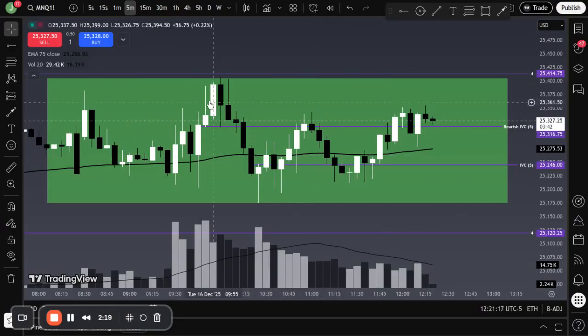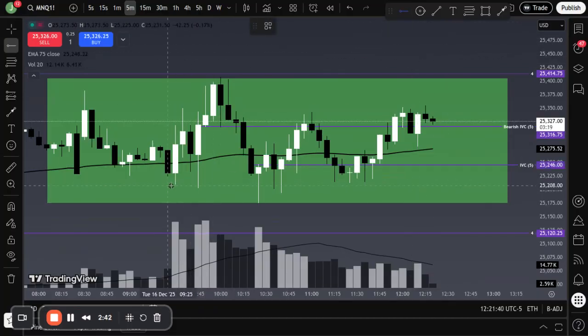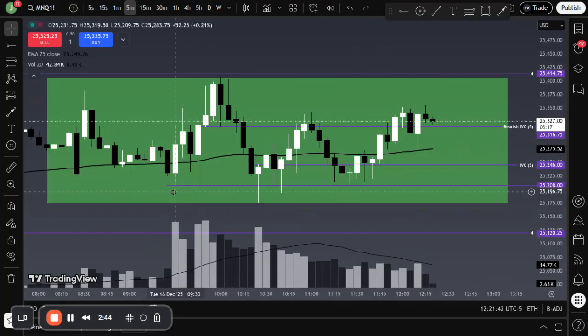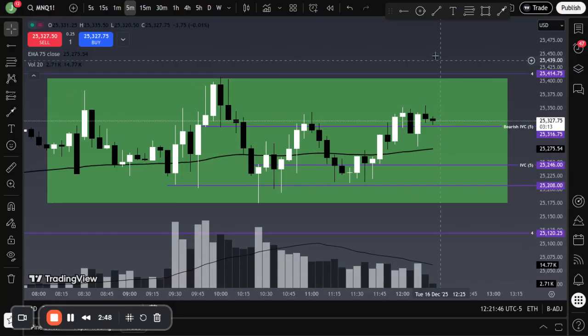right? So right here, what I have marked up is we got bullish PVC here, bullish PVC. This is my bearish IVC. So when the market is ranging, typically you're going to have a bearish PVC at the top of the range. You're going to have a bullish PVC at the bottom of the range, right? So as you can see, if we just mark up this here, every time we get to this low, this was my market open PVC. Every time we get to this low,